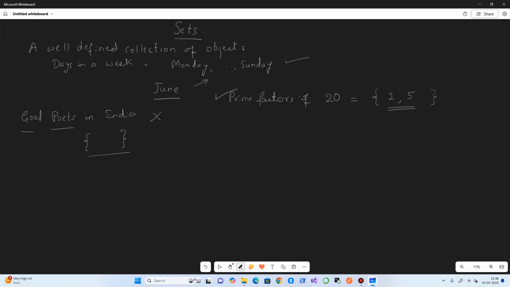And one more notation we want to understand is that small letters are usually used to denote an element.